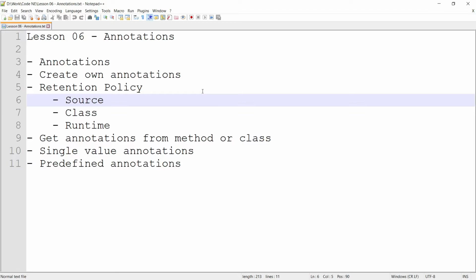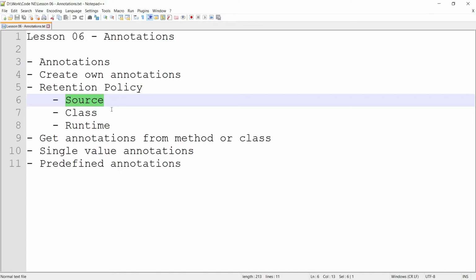So we created our own annotation. Next let's see what is retention policy. Retention policy means till what point you can keep the annotation. For example, the annotation that we created just now is retained only till source, that means the source file.